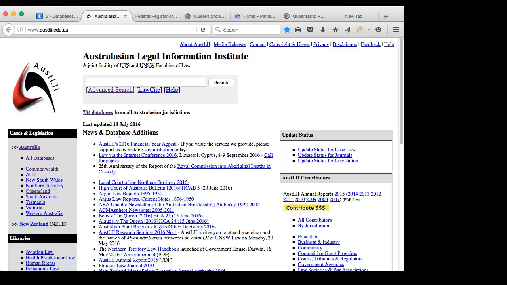If you haven't come across it yet, this is a free online repository of an immense, absolutely immense amount of statute, case law and journal material. And when I say free, I mean absolutely free. They ask for contributions, but you can use the thing to your heart's content without ever paying a cent. Finding Commonwealth legislation is very easy. From the main OSLI screen, click on Commonwealth,